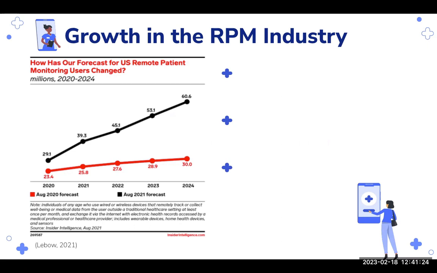While this technology has been around since the 60s, the market for RPM platforms has experienced massive growth over the last few years as a result of three big changes in the industry: the improvement of software tech that's allowed for more secure data storage, the demand for telehealth services that continues to increase post-COVID, and perhaps most importantly, the